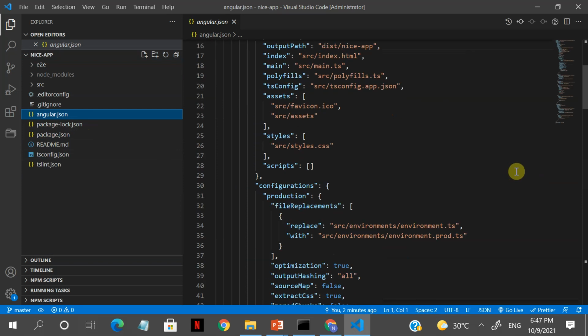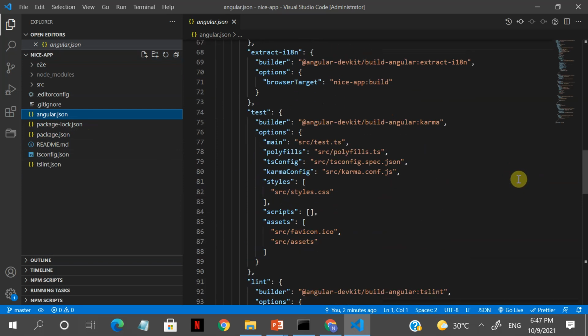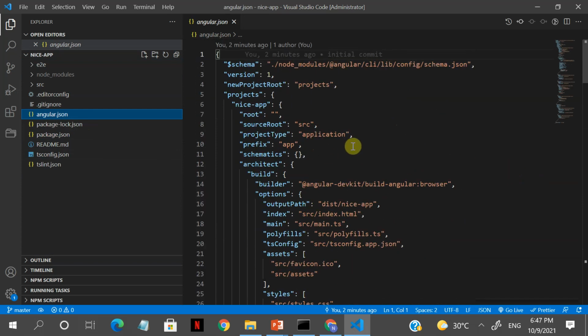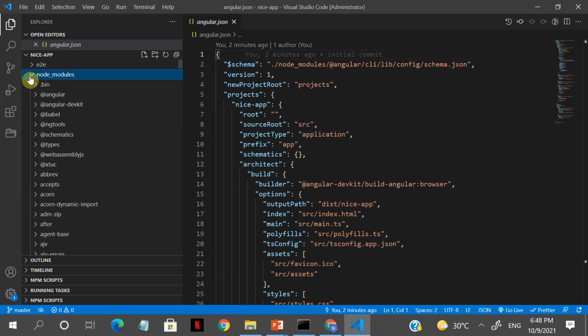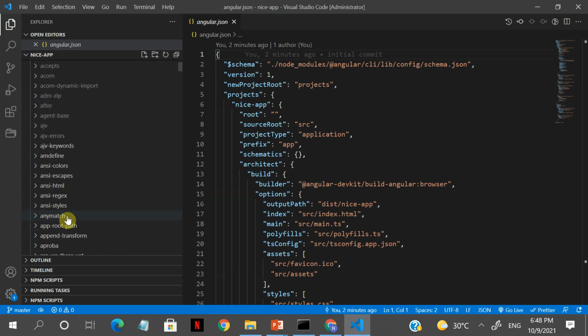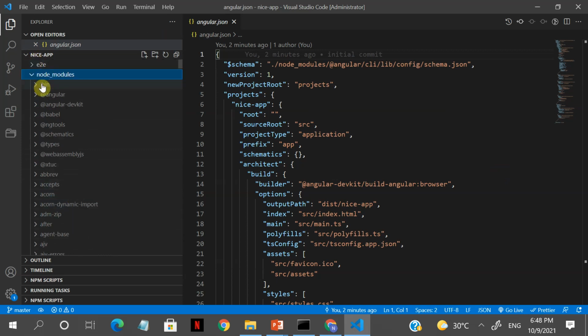So don't get too lost in this. There are too many configurations in it. The main things you need to know are the src folder, the application type, the project type, and all that, okay. Now the node modules, all the Angular core modules are added over here, correct? Like in Java, you have import java.io, java.util, correct? In the same way, we have all the libraries inside your node modules. The entire world of Angular is pushed for you.